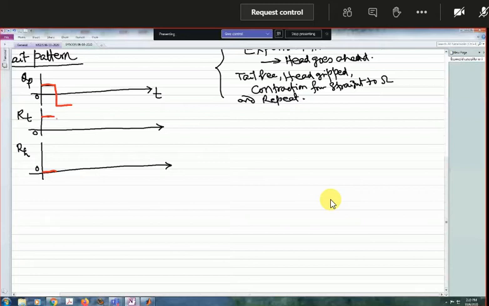So what has happened? In the first half of the cycle, you have a positive flow, high resistance in the tail, and 0 resistance at the head. In the second half of the cycle, you have a negative flow. You are contracting. Tail resistance is 0. Head resistance is some value, let's say some resistance value with the ground. And this cycle will then repeat continuously, over the entire time.